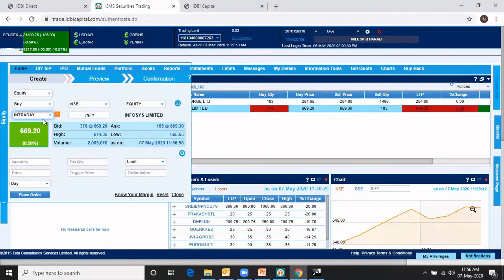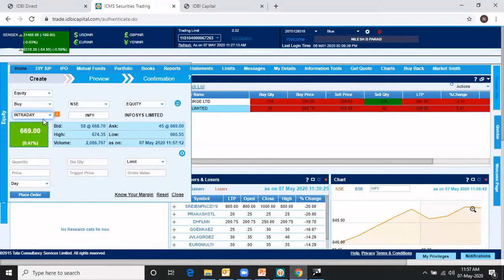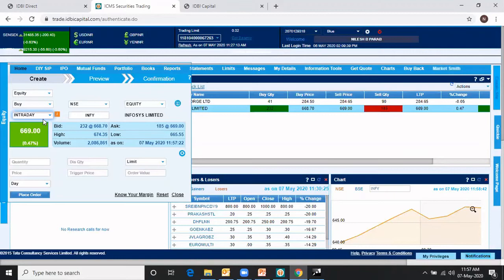For example, suppose the VAR file says to buy Infosys, 20% is the VAR margin. That means with 20 rupees, I can buy 100 rupees worth of Infosys, that is for intraday. That means before 3:10, the client has to square up the position, or else IDBI Capital will square up the position at 3:10 or after 3:10. Whatever is the profit, whatever is the loss, that will be adjusted into your base limit.